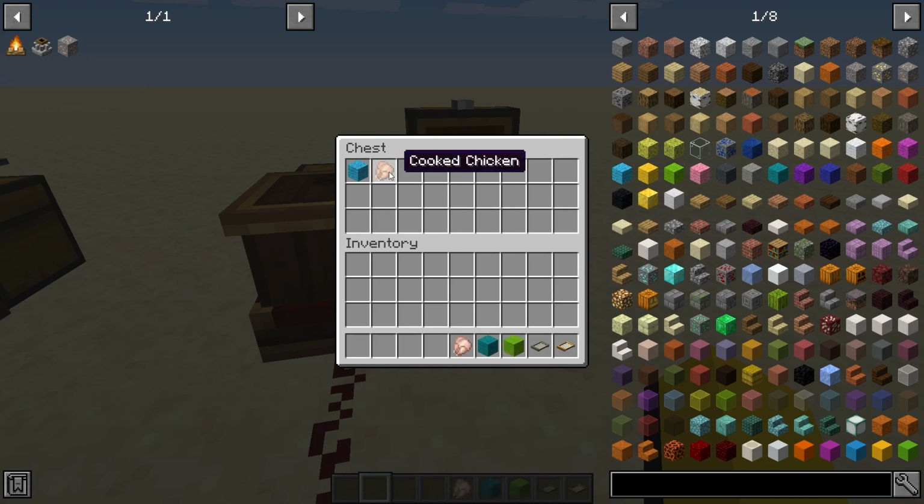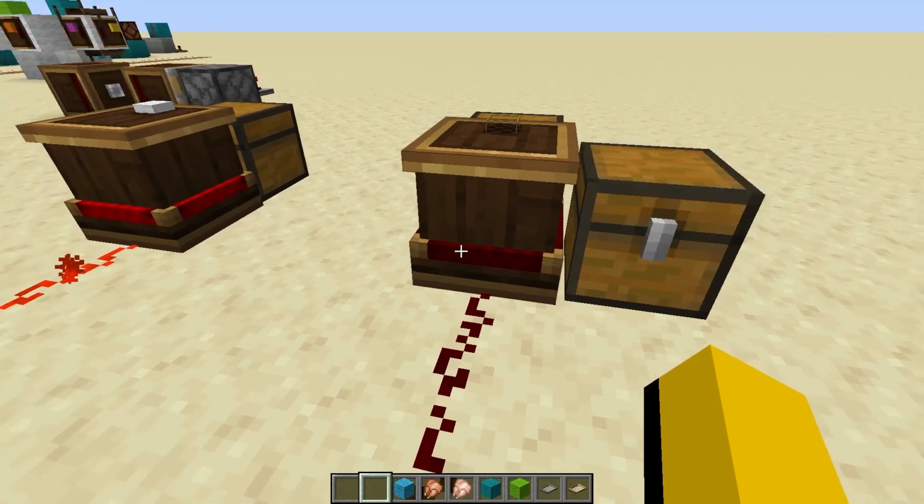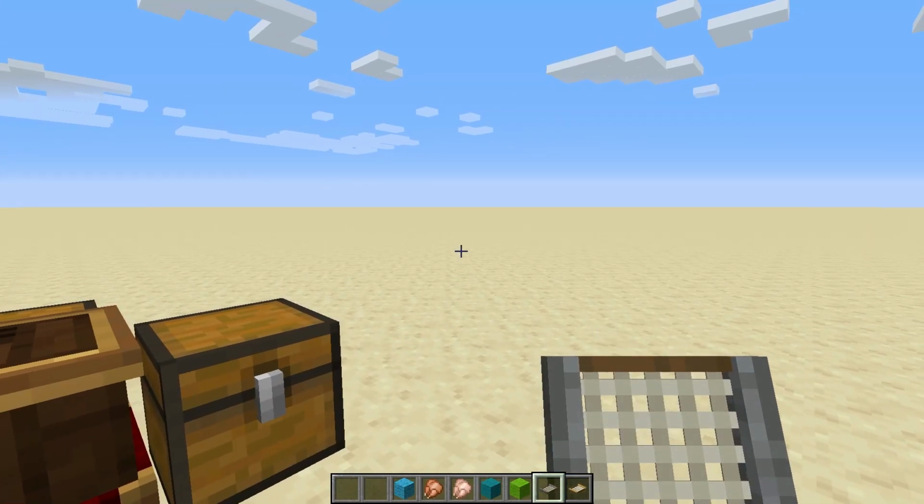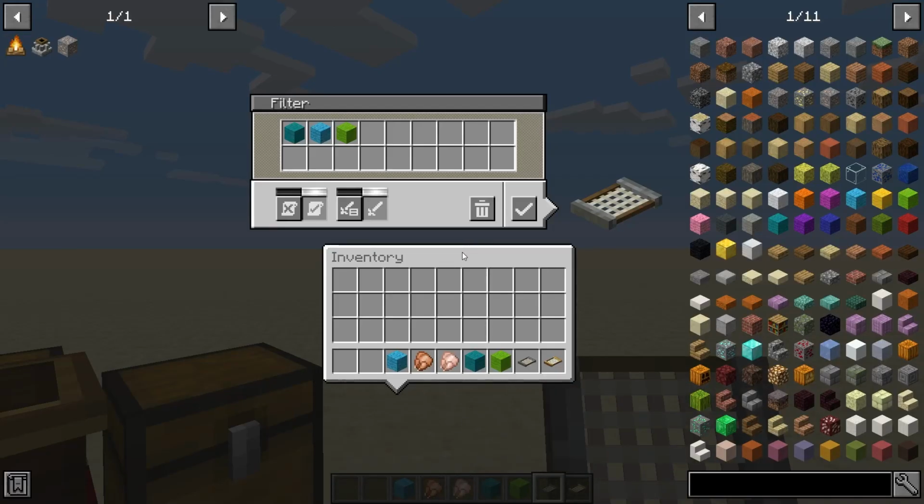Now here, I want to show you with a couple of items how to use filters, because those take these things and all of Create's filters to the next level. All you have to do is hold the filter up and right-click in the air. Now as you see, I already have a few items in there that I want to filter for, and all you need to do is click the item or drag it and drop it in there, and you have a